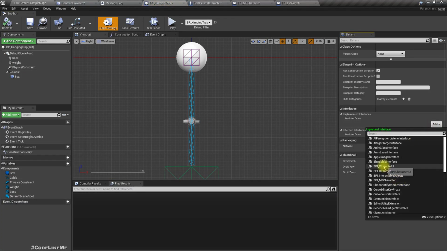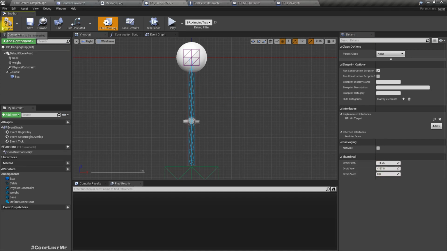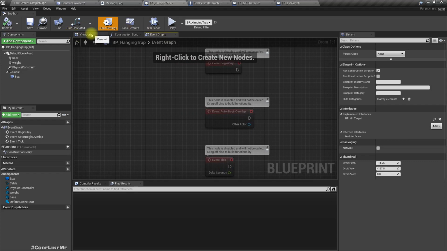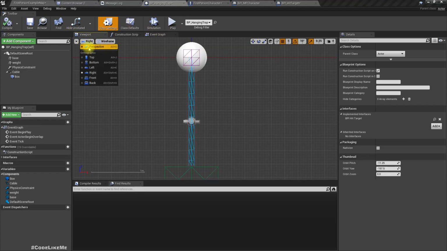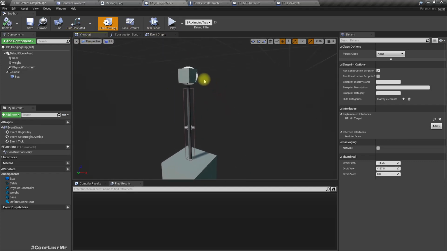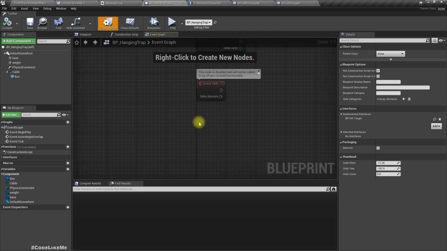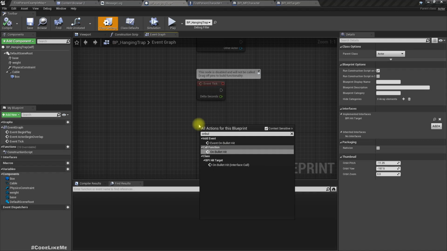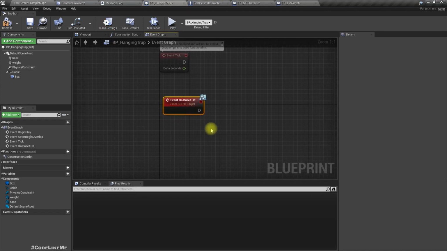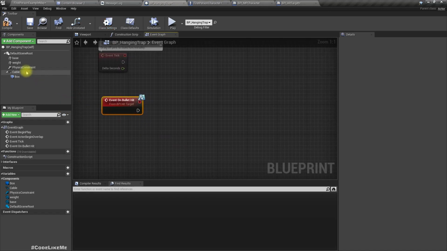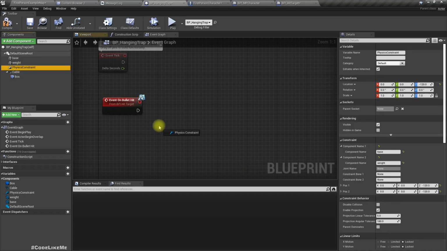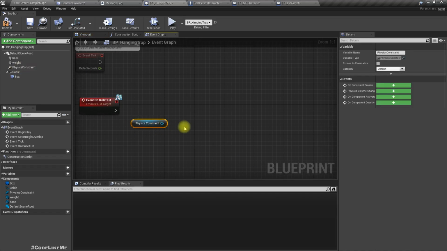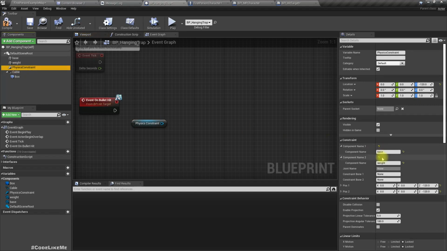interface in this trap here. Then let's implement on bullet hit event. So when this happens, what I'm gonna do is get the physics constraint. I'm gonna